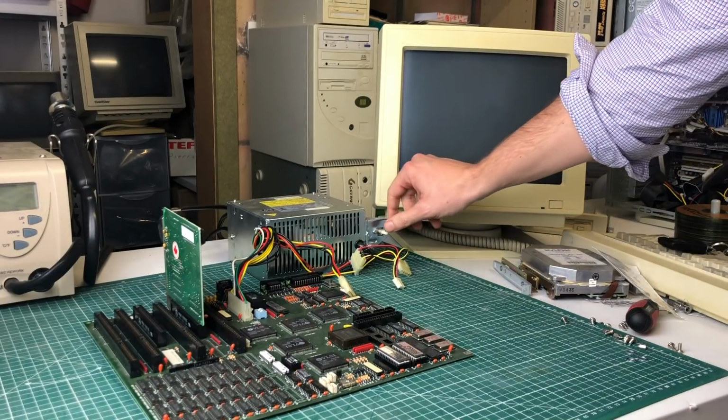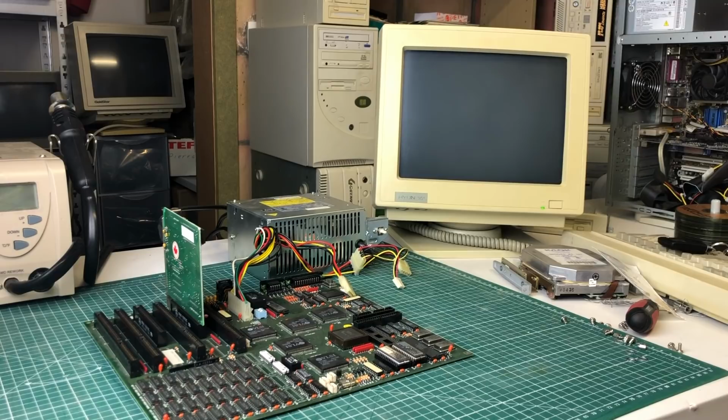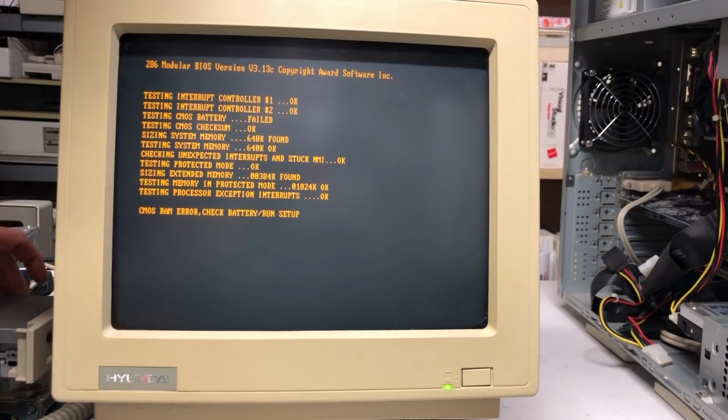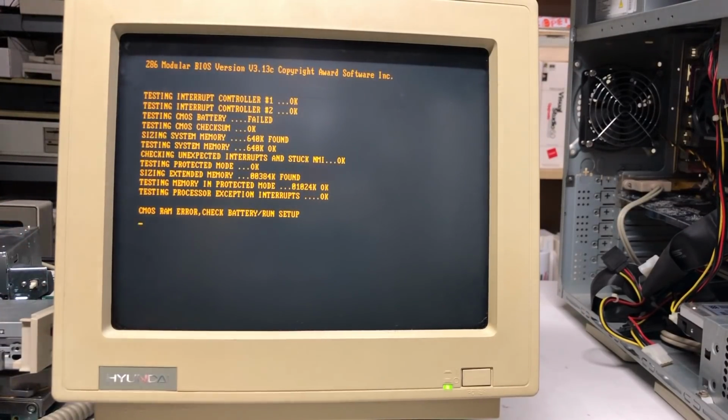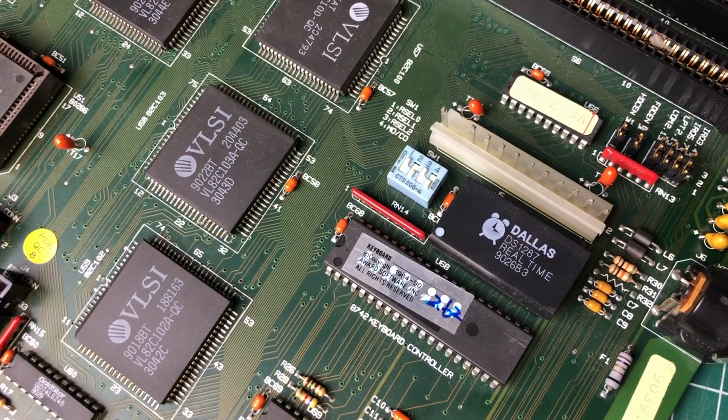So with a minimal setup, the power supply, main board, and video card, we can power on the system, hook up a monitor to it, and hopefully, yep, we see the amber screen slowly glowing up. We do see a failure on the CMOS battery, and that is due to this Dallas RTC